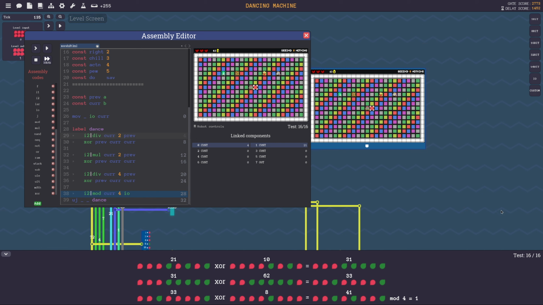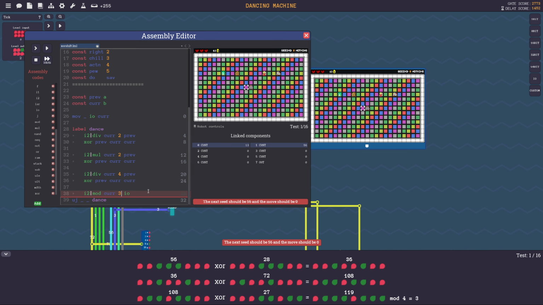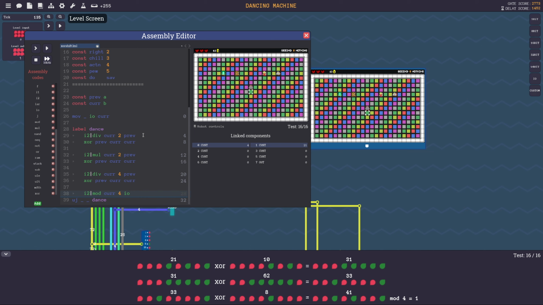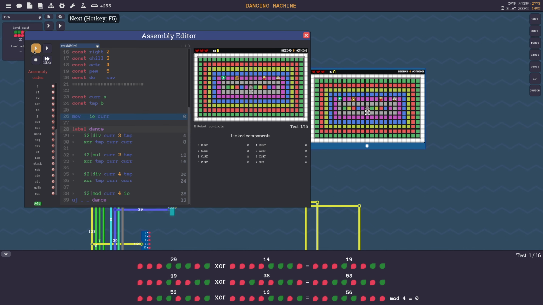But if my algorithm was wrong, then we wouldn't have passed. Let's try mod 3 just to test. Yeah, see? What? This is super weird. Is this algorithm just... No, I don't understand. Okay, give me a moment. Wait. This makes no sense whatsoever, because if I just press next,